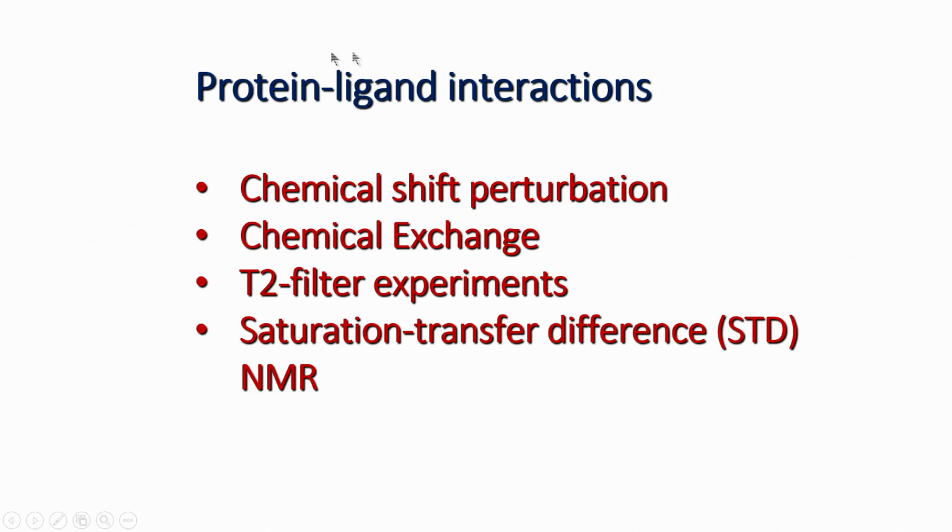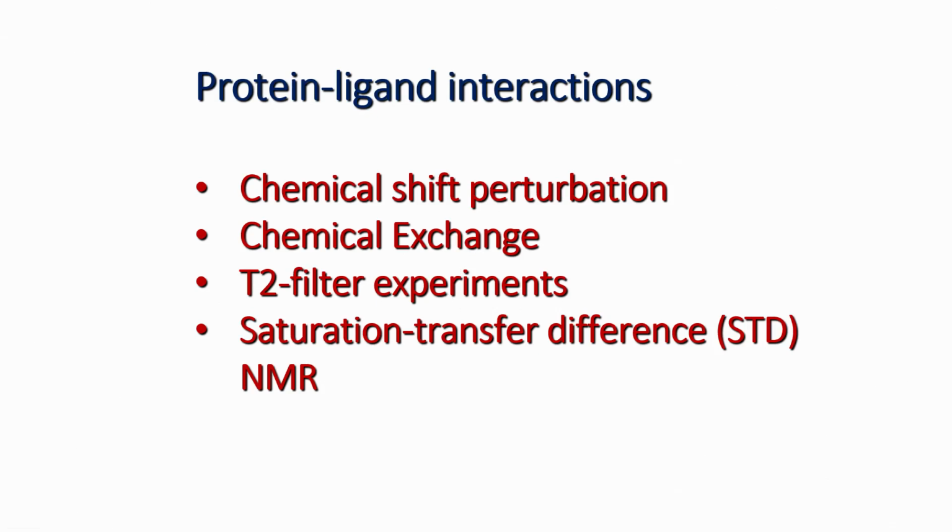Okay. So, we come to the next part of this course, where, having assigned a protein and having known the structure of the protein, can we do something to study protein-ligand interaction? This is a very important topic because most of drug discovery depends on this interaction. Suppose we are trying to discover a new drug molecule; we need to know if it binds the target protein or not. So, these are the different techniques which we will try to see in this course, the different methods which we can use to characterize it.